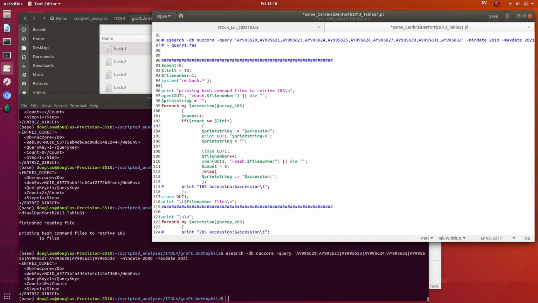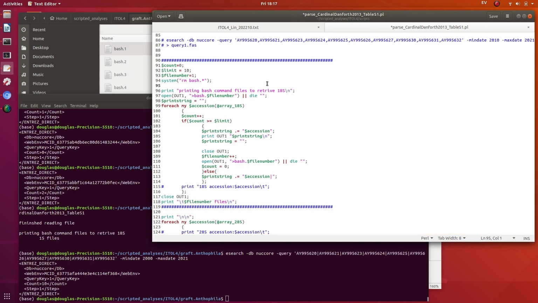And remember, there is a limit. I'll be using eSearch from the EDirect utilities to interface with NCBI to get the sequences for these accessions. Now, I remember there's a limit in how many entries you can put in a single query. I don't remember what the number is. So I'll be printing a series of bash commands